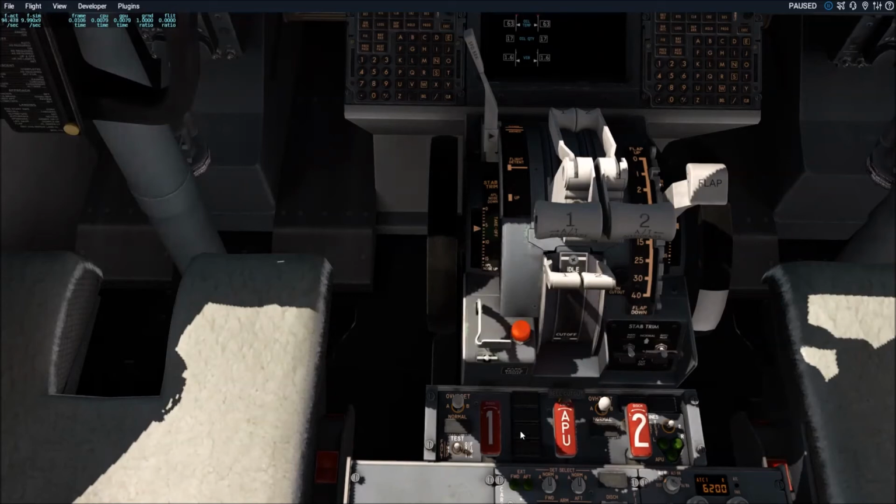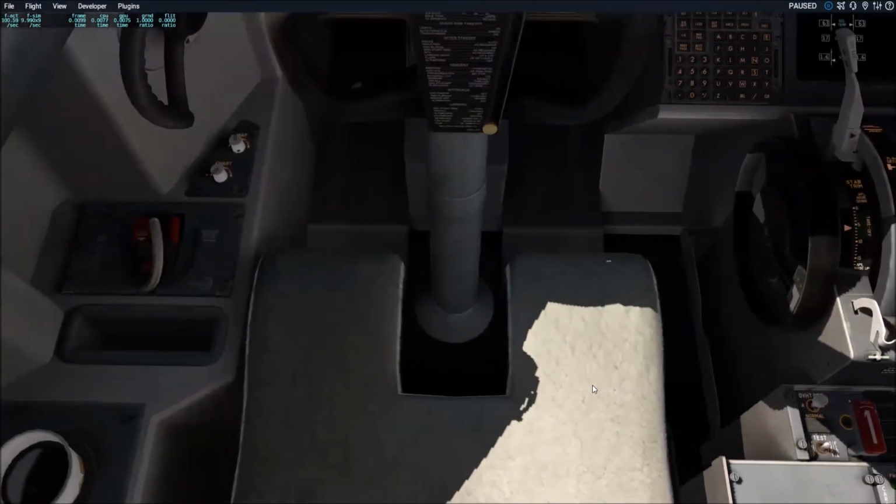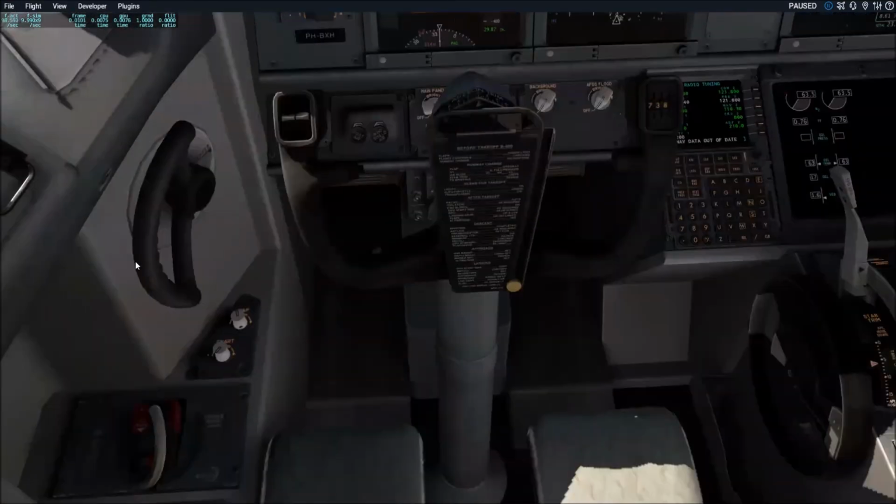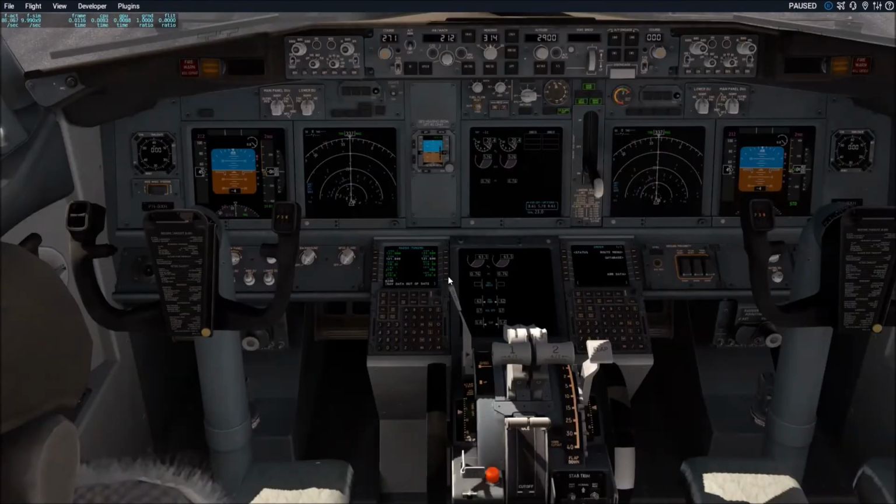Parking brake. So what you see here is called the tiller, which controls the nose wheel of the plane and is used for large turning. This is the spoiler or the speed brake. You have seen on the top of the wing, there is a flap which is moving up.